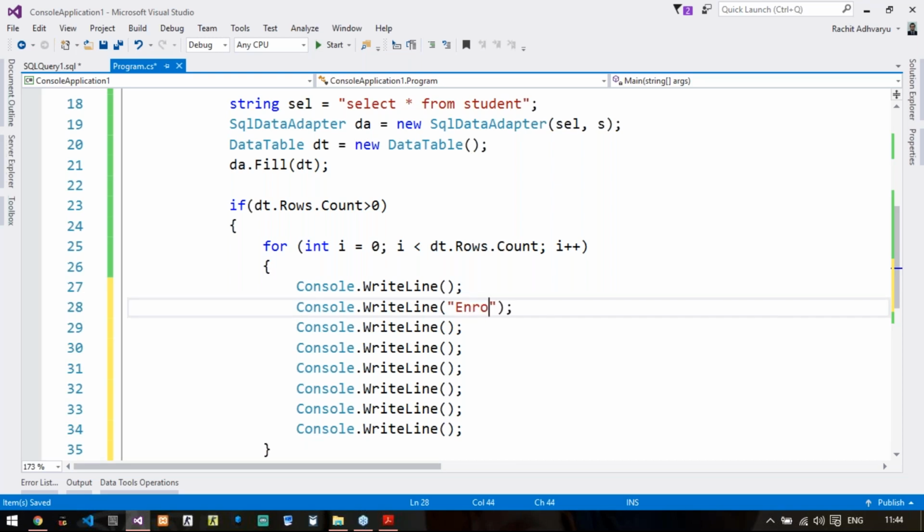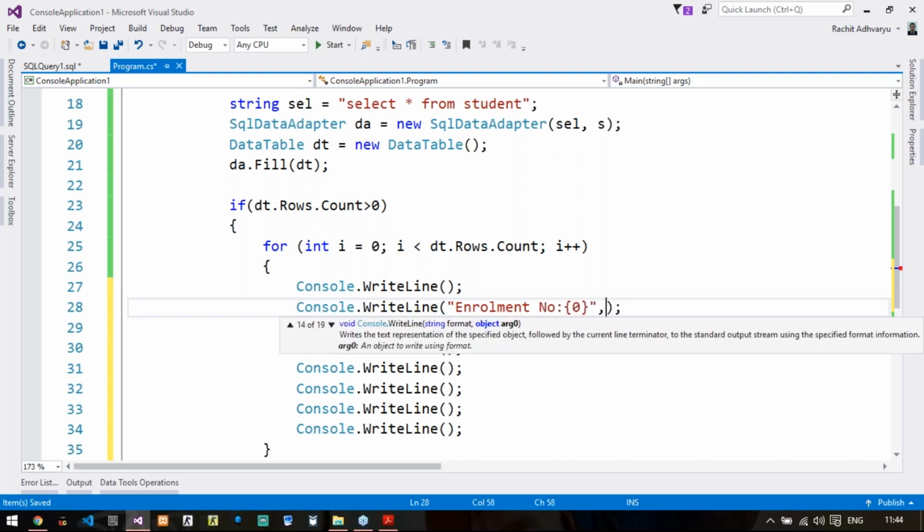The same thing in the next, but instead of enrollment, it will be name.